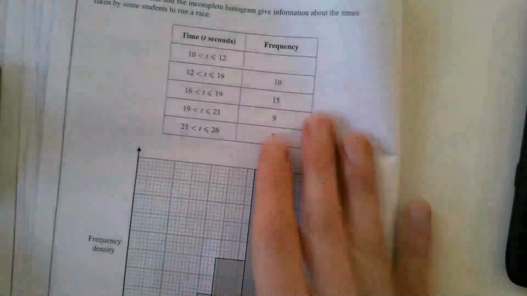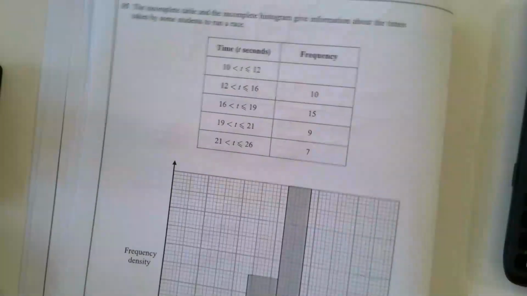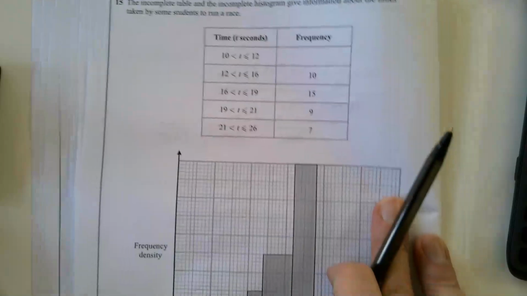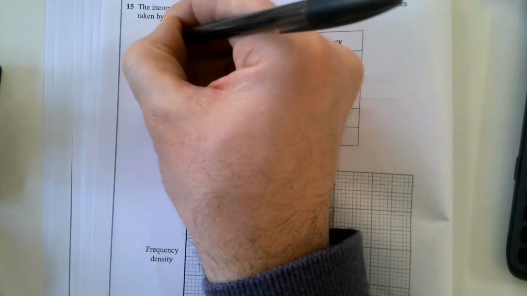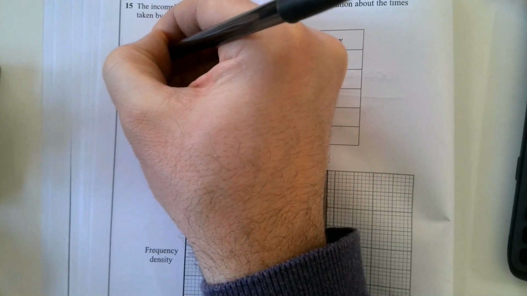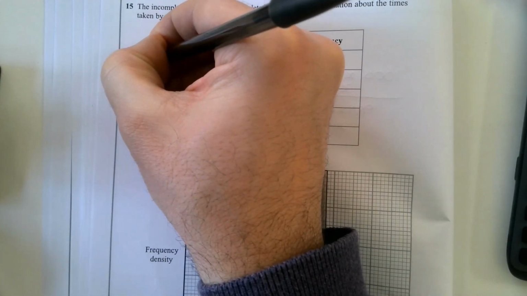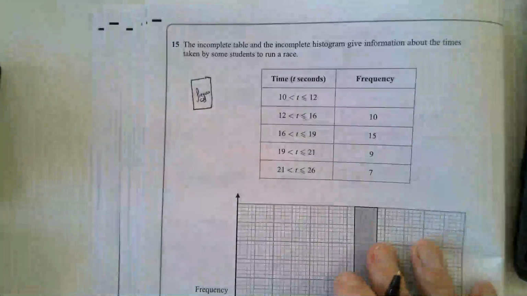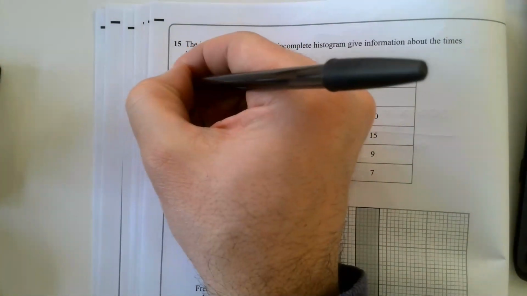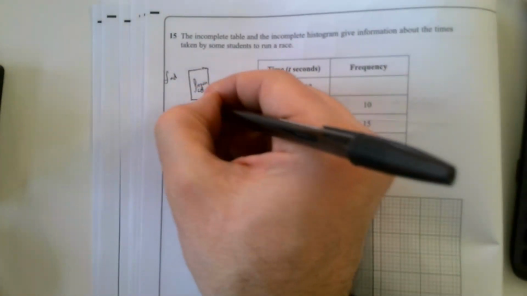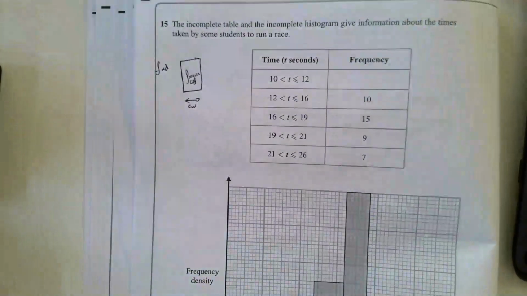Right, this one, histograms. Now, histograms, I'm convinced people think they're more complicated than they are. I'm just going to talk you through how I look at a histogram. It is a bar chart, but the big thing for me is that instead of the height of the bar being the frequency, the area of the bar is the frequency. So frequency density, which is coming up the side here, times by my class width, will get me